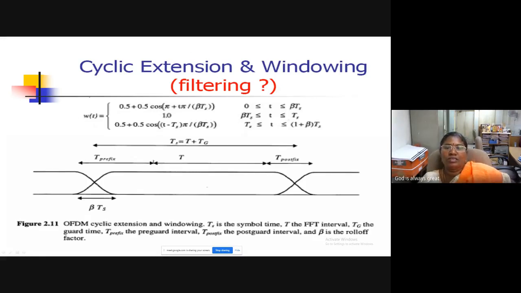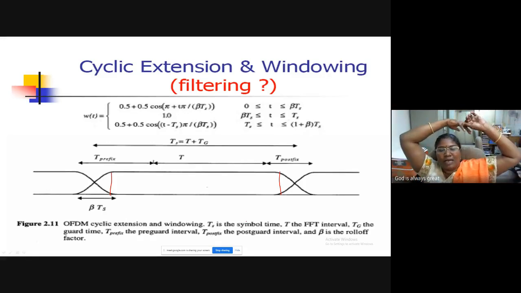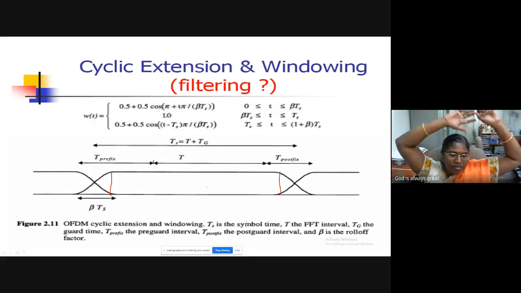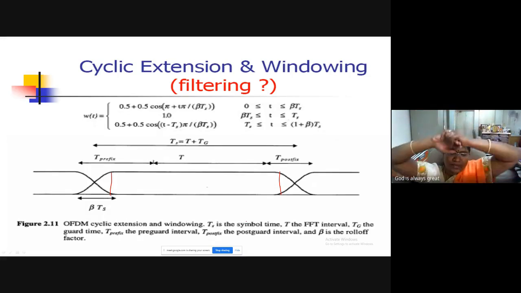So the windowing concept, what you are going to apply here is, we can't just have an OFDM signal exactly starting at one time from this point to this point, and ending at this point to this point, right? If it is exactly a vertical time slot, it needs infinite bandwidth to deliver this. None of the channels are of infinite bandwidth. So the bandwidth of the channel is always limited. It can transfer only a range of frequencies.